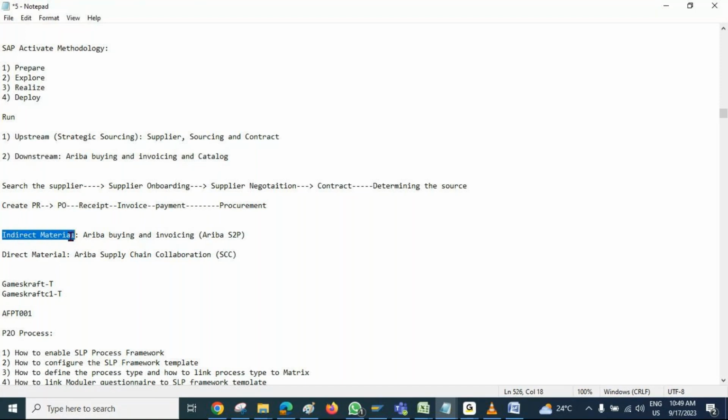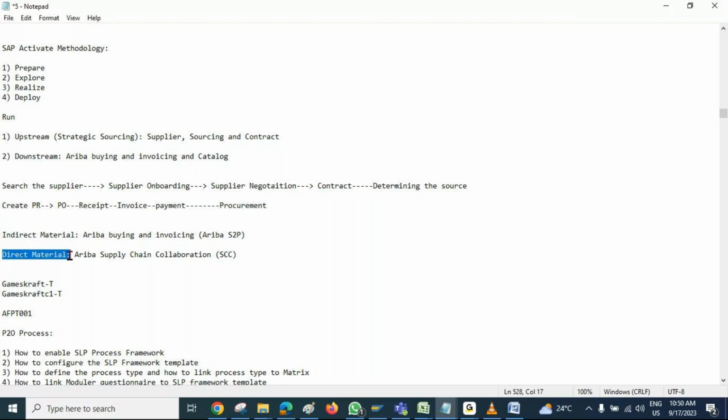We are not keeping the indirect material in stock, even though you are part of the IT industry. If you look in the IT office or in your warehouse, are you able to see a list of laptops in stock? No, right? So we're not keeping stock of IT equipment. Whatever product is part of consumable items, we are not keeping in stock. And the second is called direct material.